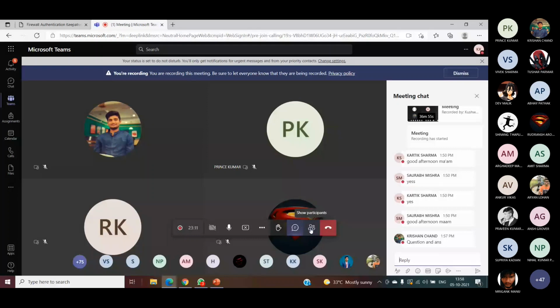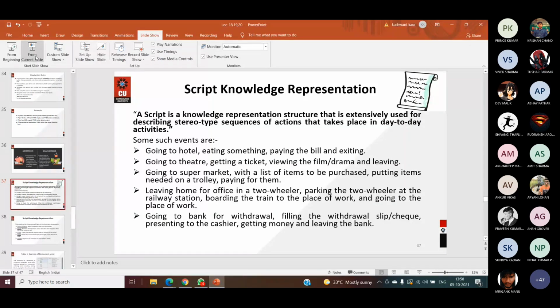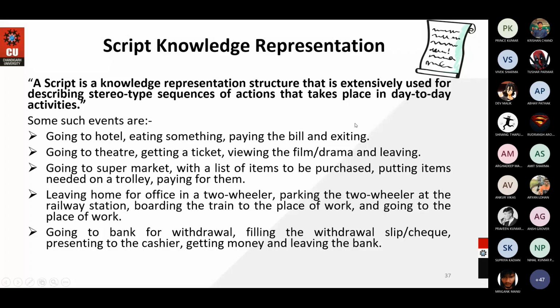So basically, script defines the various set of activities. Let us consider the script of a movie. What is happening in that case? It will tell you the various dialogues in that movie, what the story of that movie is, how it is performed, firstly what will happen, then the sequence of actions that are to be performed. So a sequence of actions defines a script, a written document of something which defines a certain sequence of actions, and that is known as a script. Similarly, based on that, we have this knowledge representation technique, that is script knowledge